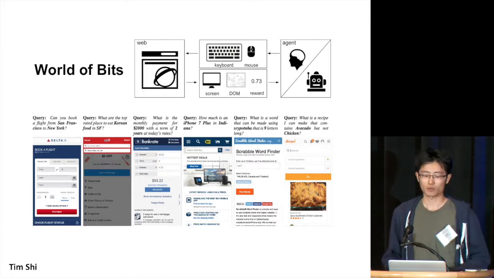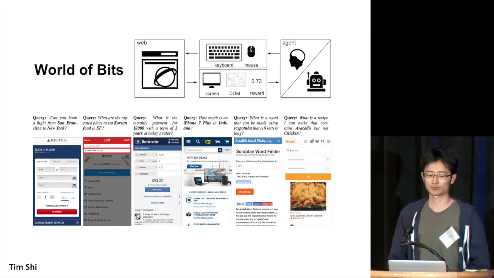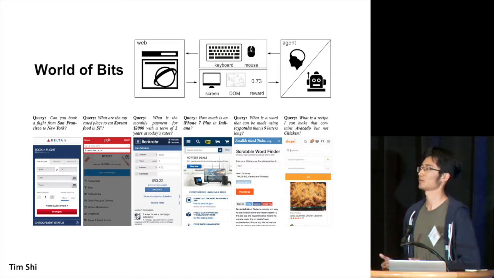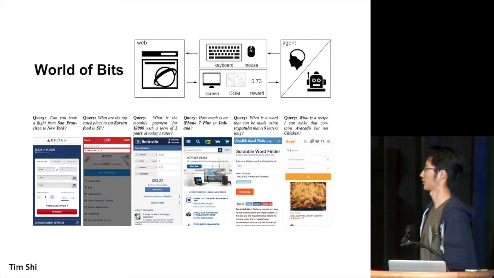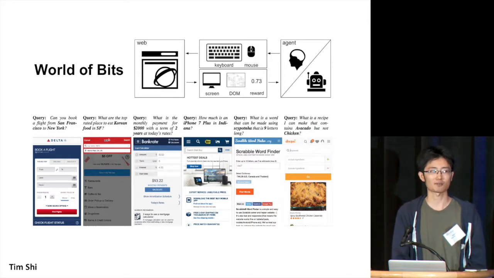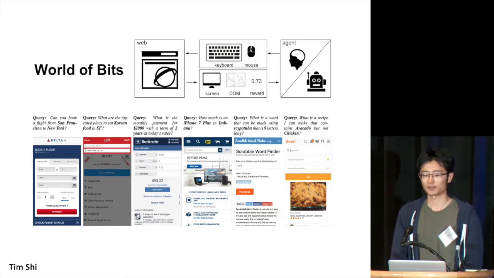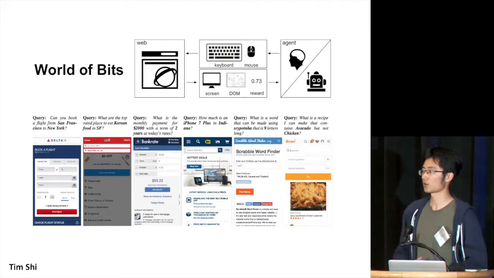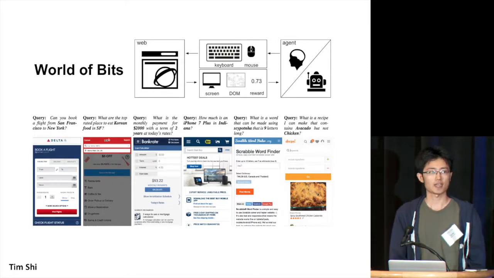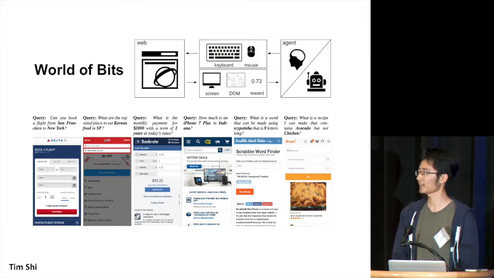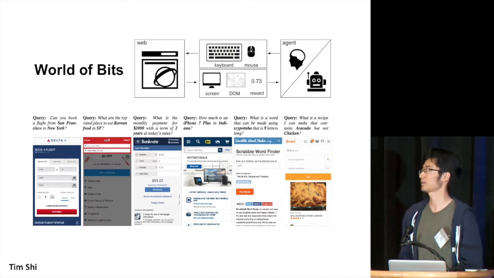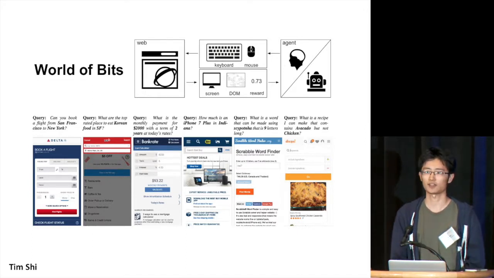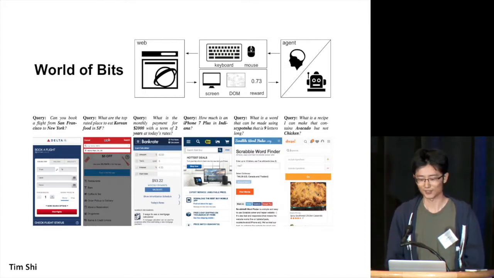Our agent interacts with web pages and perceives them through pixels and DOM elements, and also performs low-level actions like keyboard and mouse. So it can do things like booking a flight on United.com, making a reservation on Yelp, or using a mortgage calculator. We created a benchmark called World of Bits to evaluate the agent's ability to perform semantic reasoning and hierarchical reinforcement learning. And by training agents in World of Bits, we hope to develop an AI that could automate things you do on the internet.